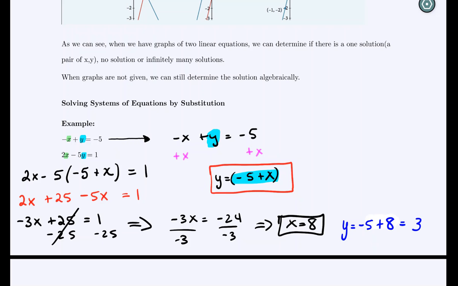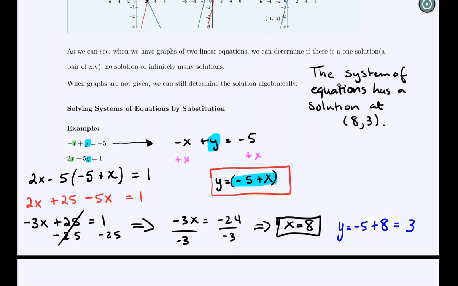So we found the xy point, which means we could write our answer as the system of equations has a solution at 8, 3. So that would be our answer. And in this section, you'll always be able to check your work to know that you got the correct answer. The way we would go about checking our work